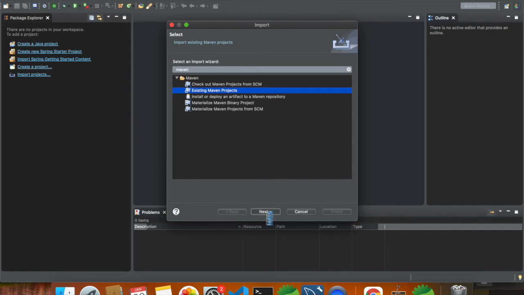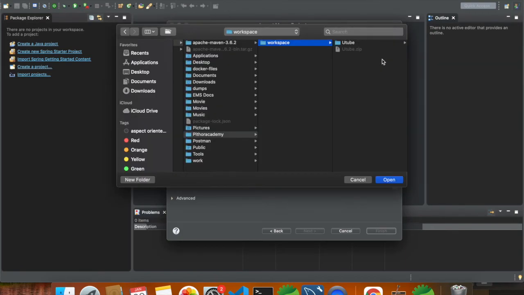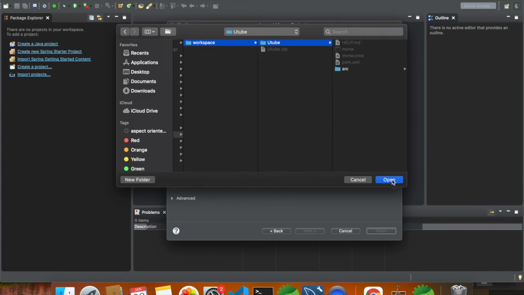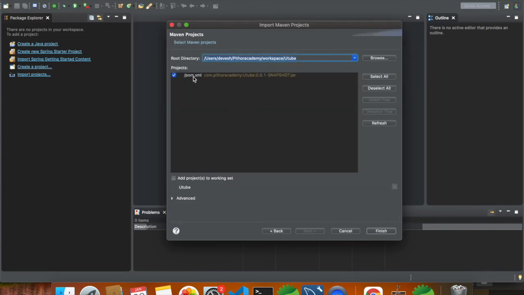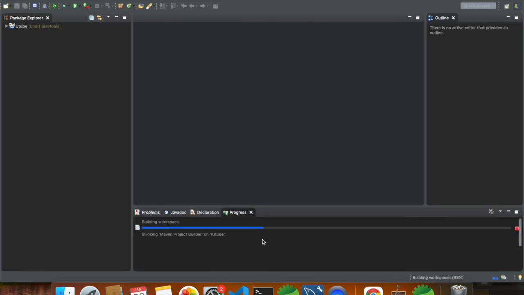Click on next. Now here you have to give the path of that project. So let me browse it. Now I click on the project folder and click on open. Now it will show me the pom.xml that is present in this project. The next thing is finish. Now we are importing the project, so it will take some time to import the project and download the dependencies.